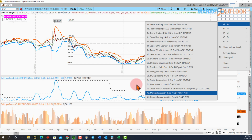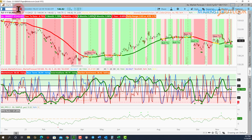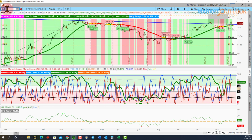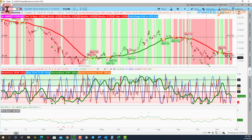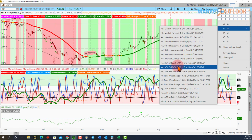So the other big mover today was not just the US dollar, but also long-term bonds. After having pulled back the last couple of days pretty sharply, long-term bonds really rallied pretty hard today. That was coinciding, of course, with the drop in yields. Obviously not as big of a drop on the 10-year, and you can see here's the jump higher in the IEF, which is more associated with the 10-year. Not as big of a jump as you see here in the long-term 20 to 30 year. The near-term line is just bouncing out. It's pretty neutral, so we're not really trending one way or the other, but we are getting some pretty significant